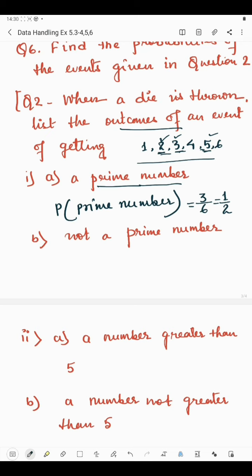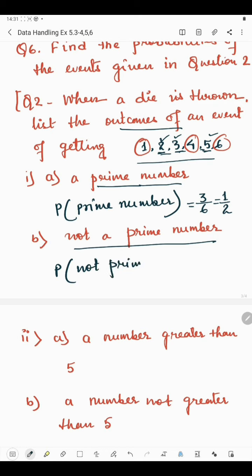Now in the next part we have: what is the probability of getting not a prime number. Not a prime number in this set, if you see from 1 to 6, which numbers are not prime? 1, 4 and 6. There are 3 numbers which are not prime. So the probability of getting a not prime number will be,